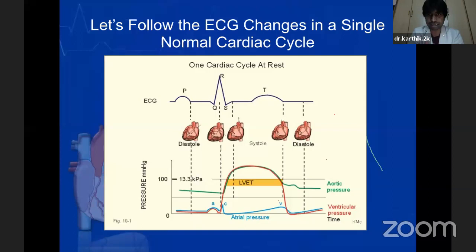So what is happening in these waves? Why are they named like that? If you see, they are all related. All these waves precede the mechanical events of the heart. So what we are recording on the ECG is the electrical events, and in the figure below, we can see the mechanical events of the heart. So these electrical events precede the mechanical events of the heart. So when you say that there is a P wave activation, it means that the ventricles are in a phase of diastole, which means that